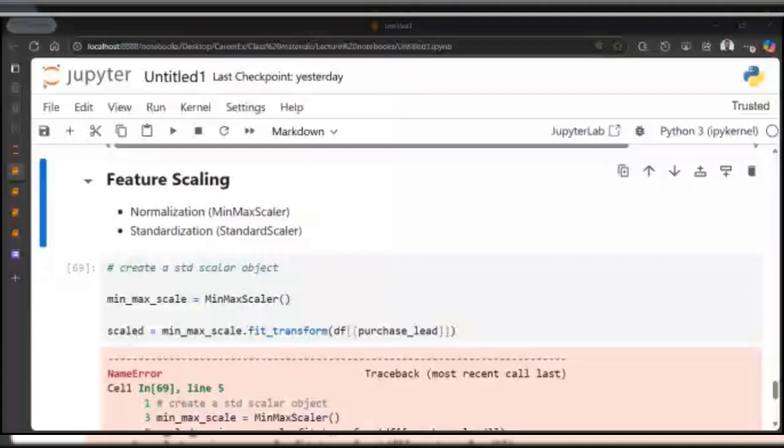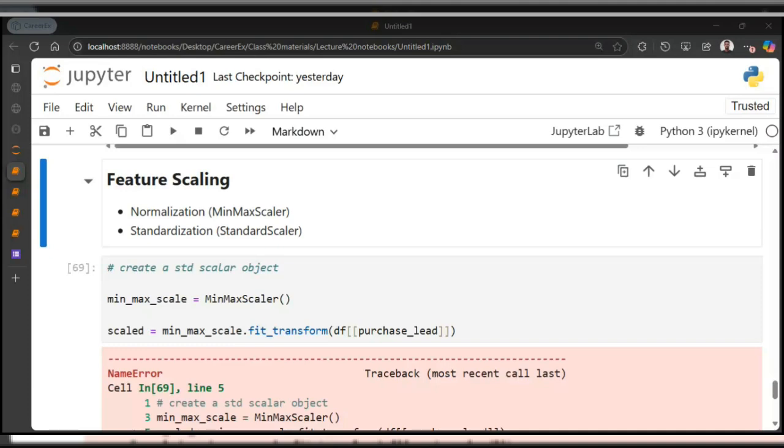If the algorithm doesn't assume a normal distribution, you can just use MinMaxScaler. There are a lot of assumptions to check before doing ML. Most people go straight to building models, and once the models start misbehaving, that's when you start checking all these assumptions, so you can trace your way back.